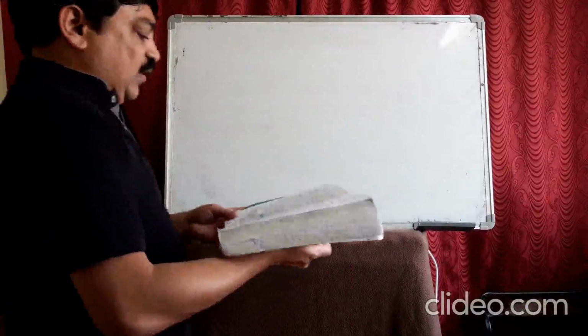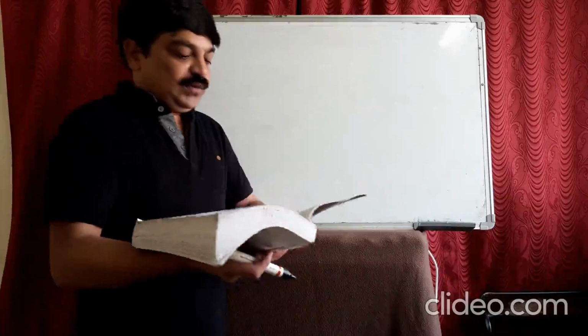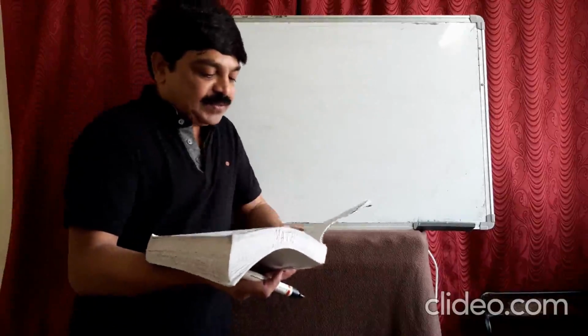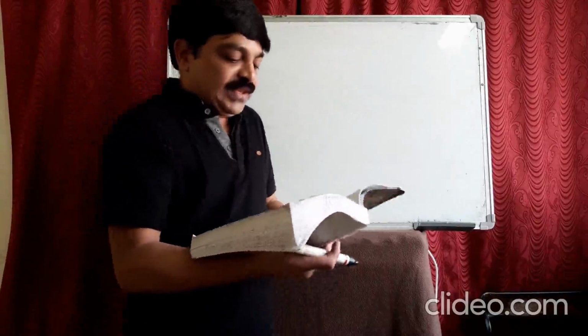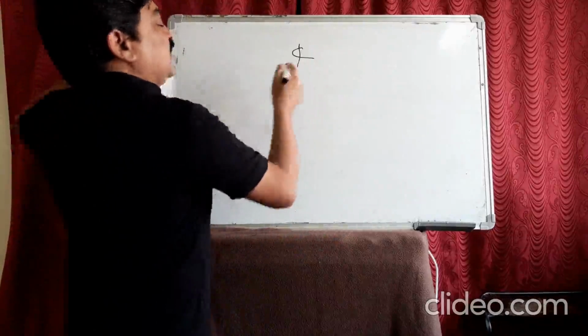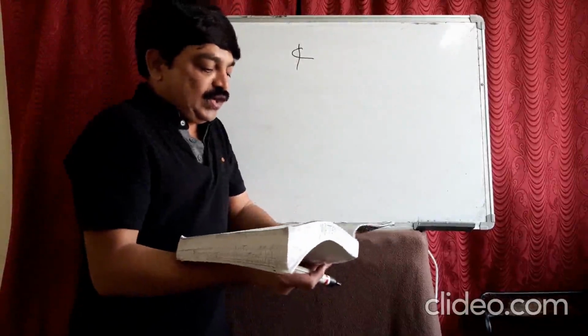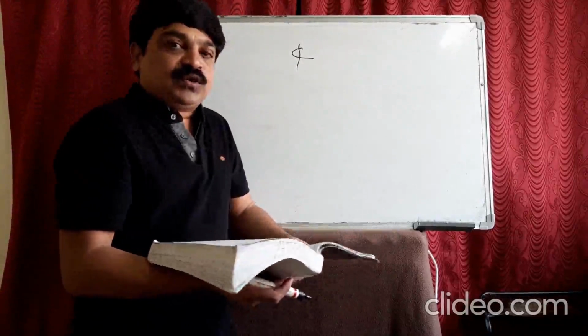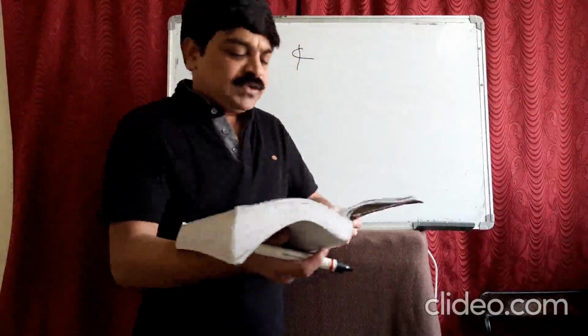Coming to exercise 1.3, the first problem, you just need to write subset or not. First one, it is a subset because all the elements are there in that set. Second one is not a subset. When it is not a subset, we should write like this. Okay? Third one is a student of class 11 and a student of your school. Yes, it is a subset. Do you agree? You can do it on your own, guys.